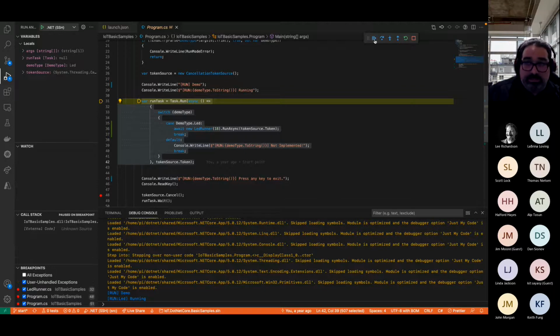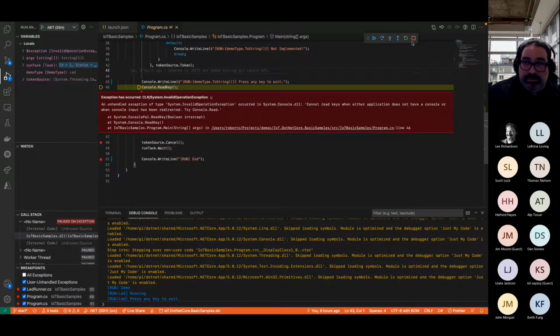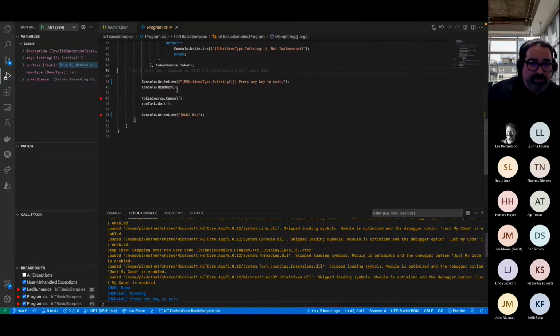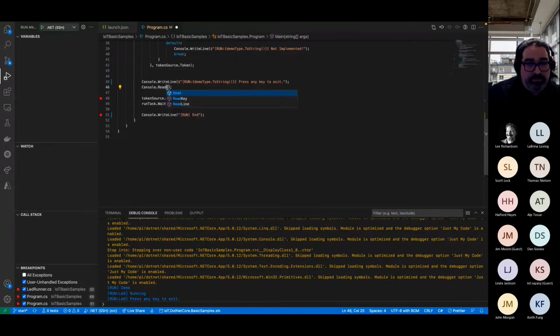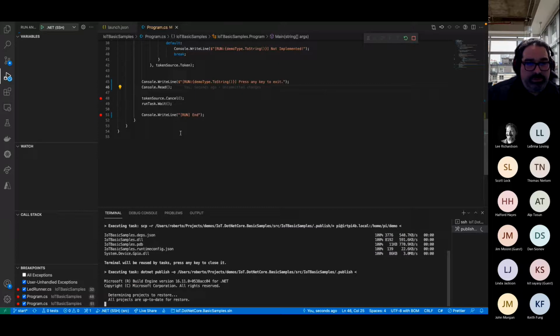In this case, let's see, goes into my task. I cannot use read the way this is written right now. Just change it for the demo. And I guess here you can see how this basically has some appeal.